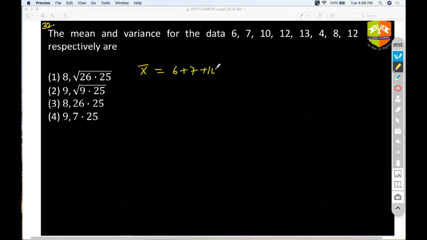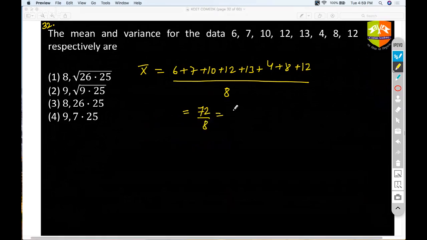6 plus 7 plus 10 plus 12 plus 13 plus 4 plus 8 plus 12 divided by the total number of data, which is going to be 8 in number. So if you add this up, it's going to be 13, 23, 35, 48, 58, 68, 72. 72 by 8 is going to be 9. So these two are ruled out. Okay. Now